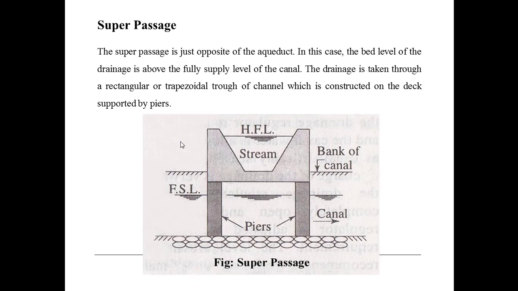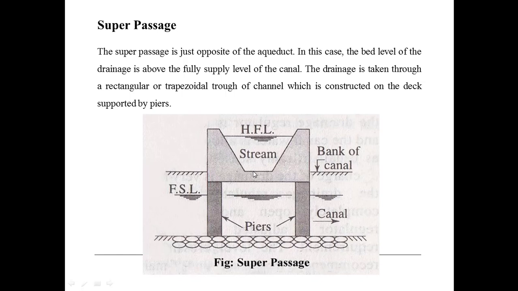So, coming to the topic, the other type of cross drainage work is the super passage. The super passage is just opposite to the aqueduct. In this case, the bed level of the drainage is above the full supply level of the canal. The drainage is taken through a rectangular or trapezoidal trough of the channel, which is constructed on the deck supported by piers. As you can see in the figure,